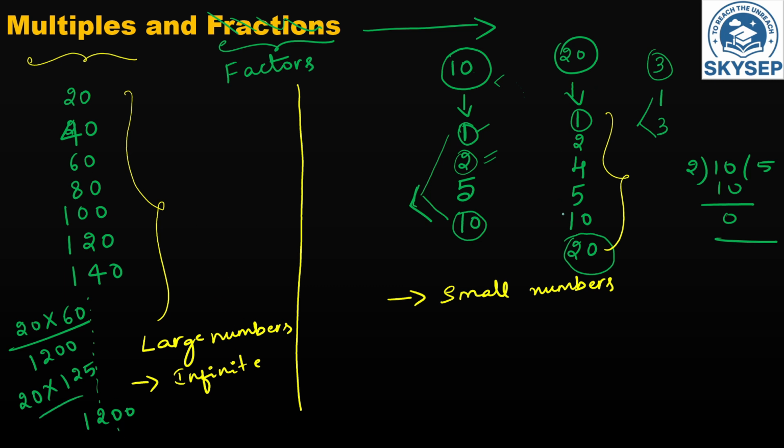But what about these factors? Factors have limited values only. See, 10 has 4 factors and 20 has 1, 2, 3, 4, 5, 6, that is 6 factors. So by this, what we can conclude is factors are having finite value. That means they can be countable. Correct. So this is a very basic concept required for this chapter. While solving the problems, these are the small points you should keep in your mind to understand this chapter